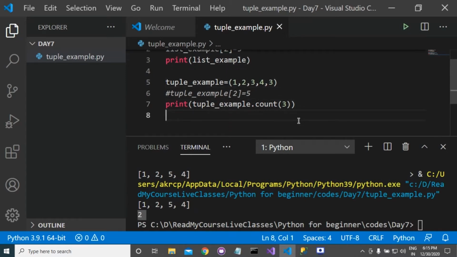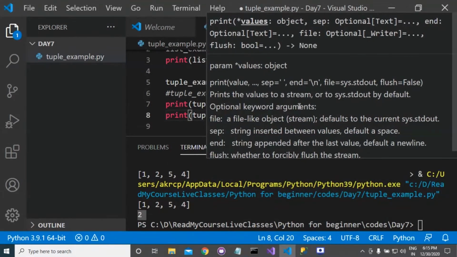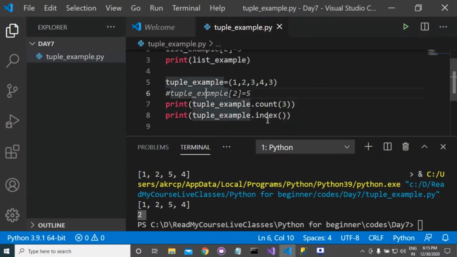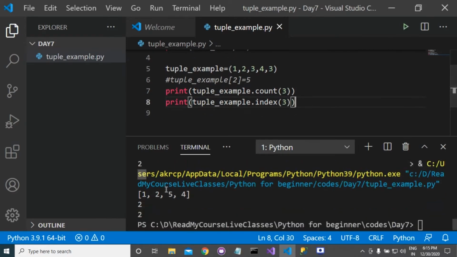Again, if you want to check the index of this 3 in this tuple, you can call print tuple_example.index, and we pass 3 here. Now run this program.